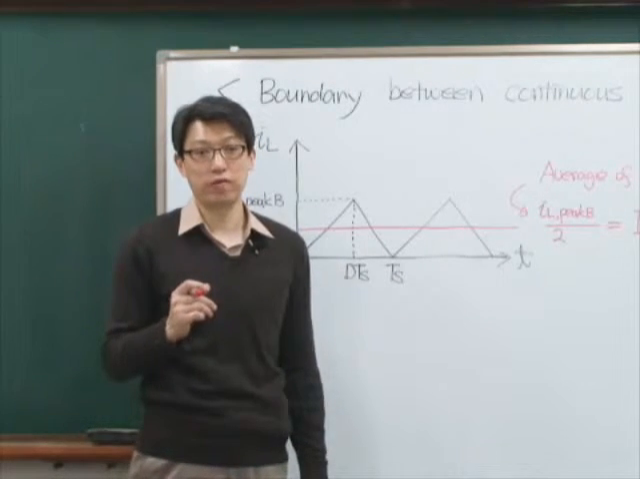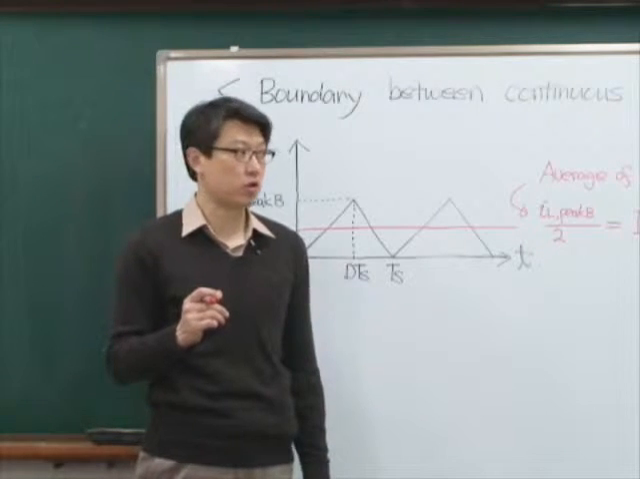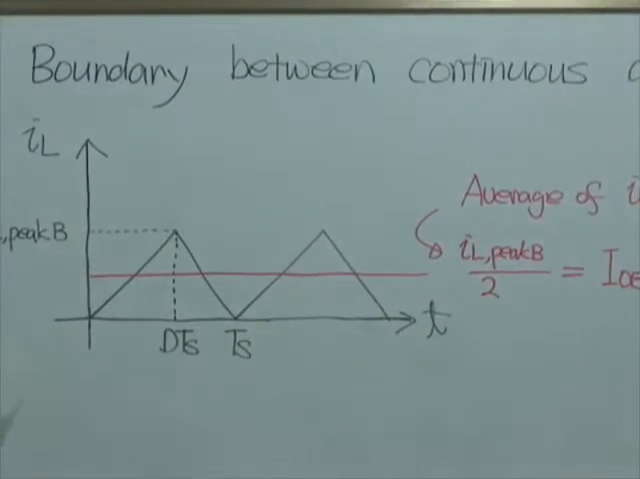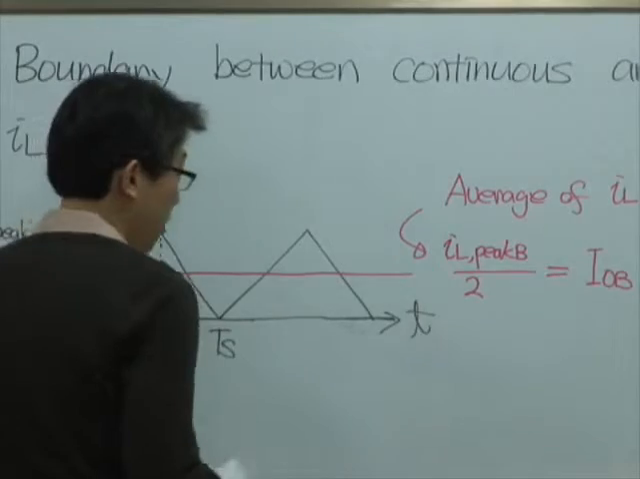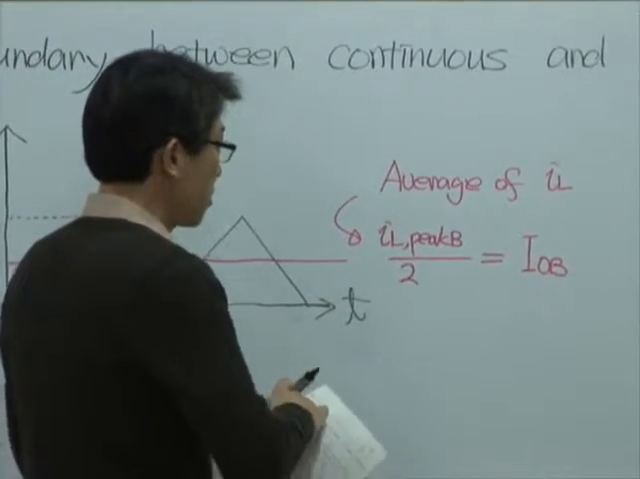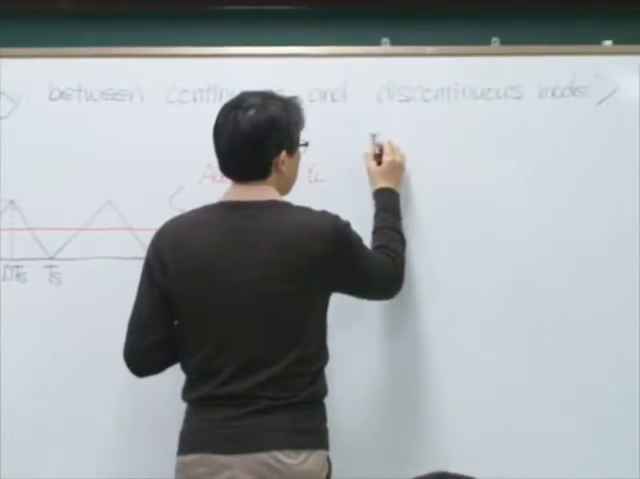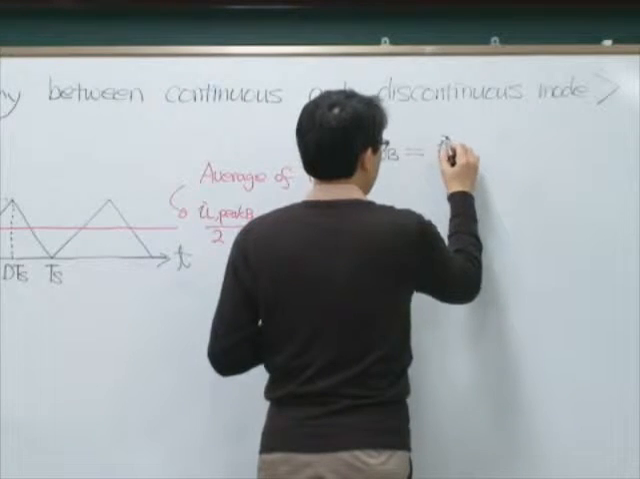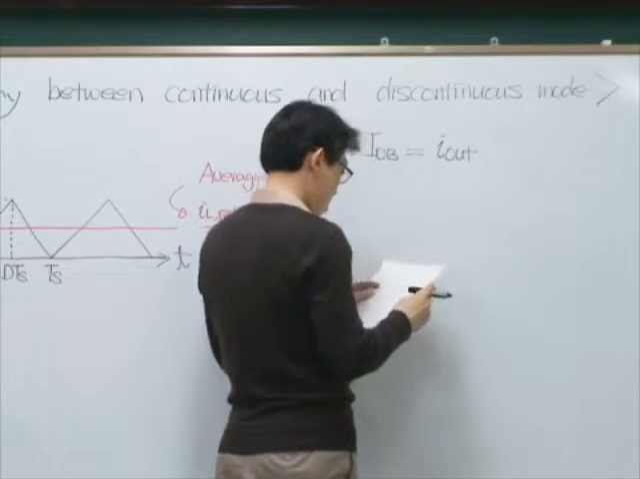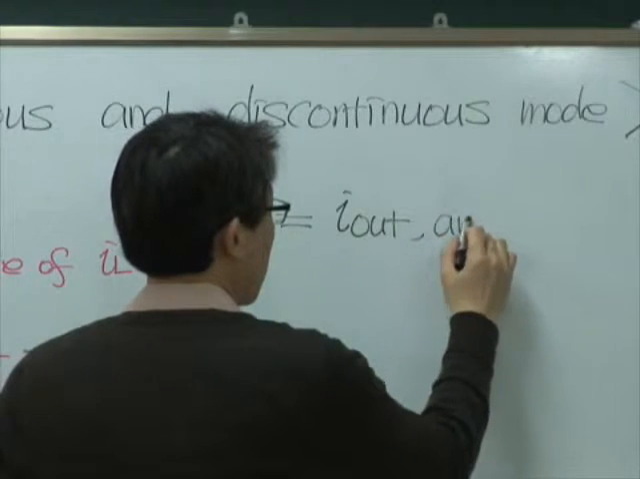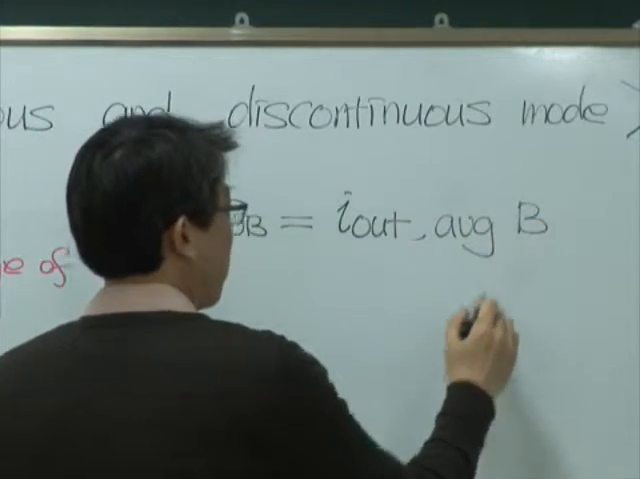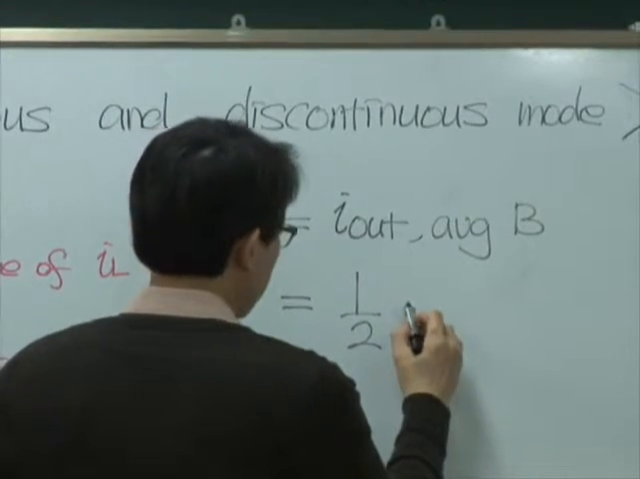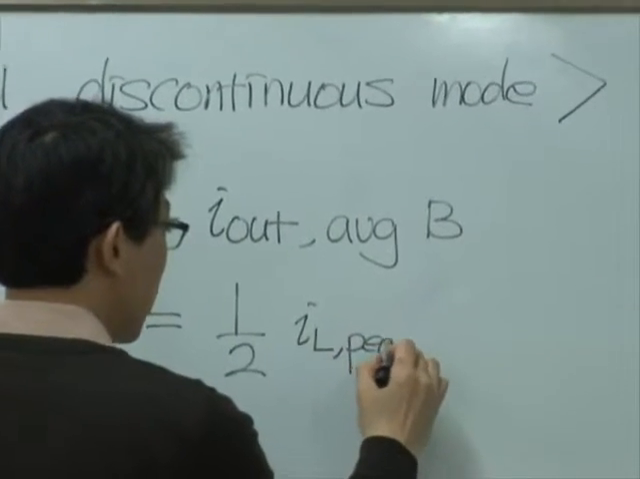The ripple can flow through the capacitor and only DC current can flow through the load. So now let's pay attention to this IOB. IOB. Okay. This IOB is the output average at boundary mode, and this is half of the inductor peak value at the boundary,